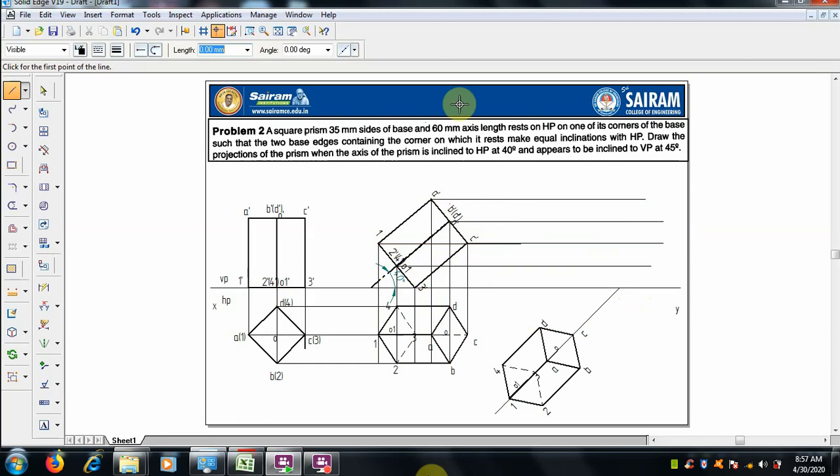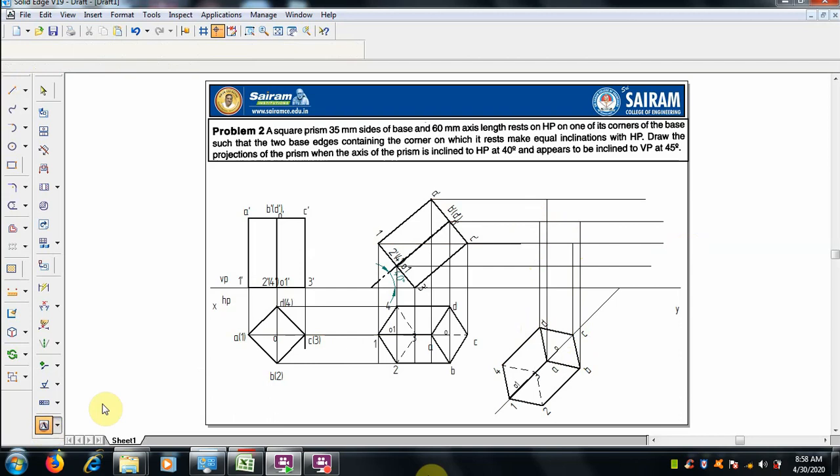Now from the top view we have to project it. So the top face ABCD: A with A dash, B with B dash, C dash, D dash.